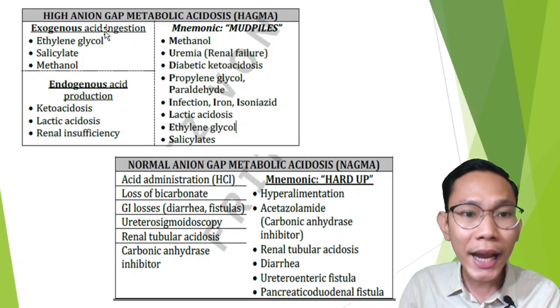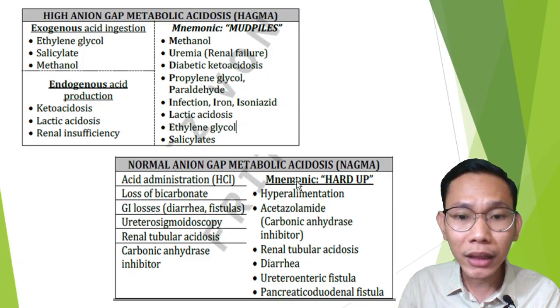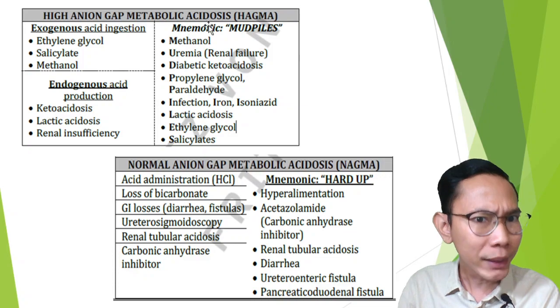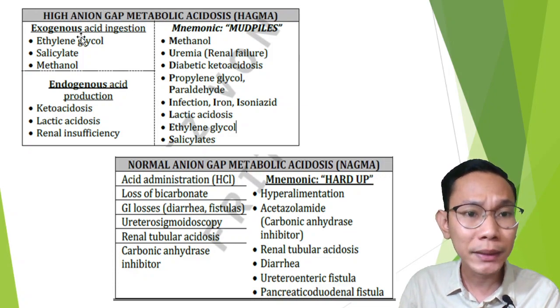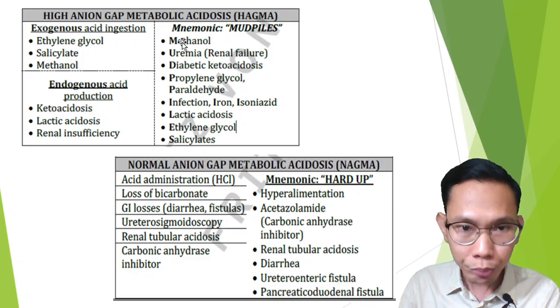It's either high anion gap metabolic acidosis or normal anion gap metabolic acidosis. That is what we call HAGMA, and this is what we call NAGMA. When we compute a normal anion gap, this is the possible diagnosis. But if we computed that the patient has metabolic acidosis and the anion gap is high, these are the possible